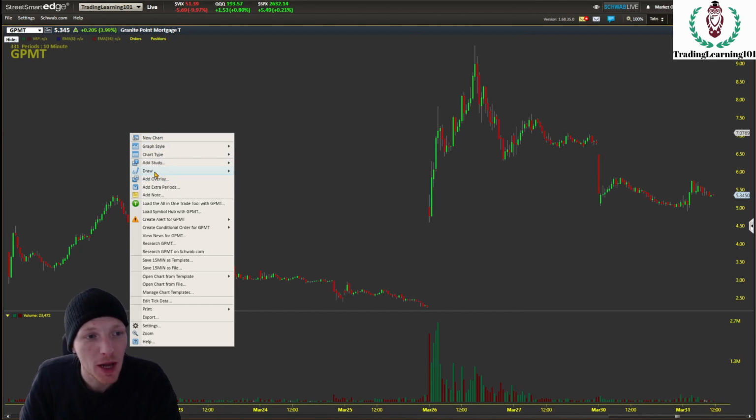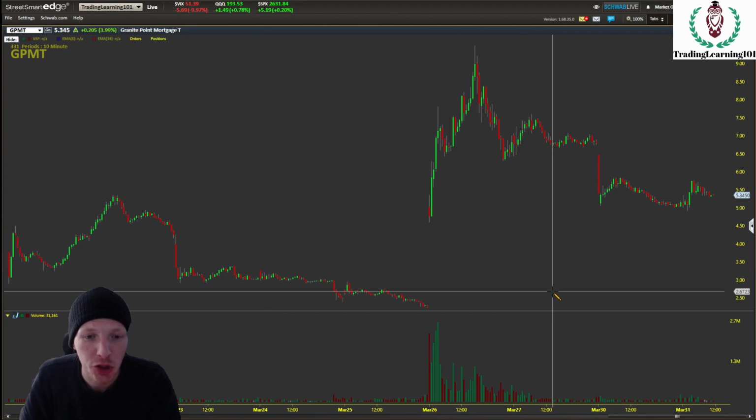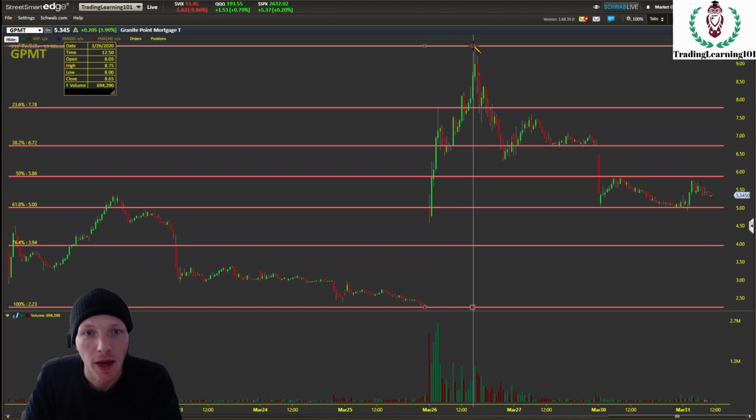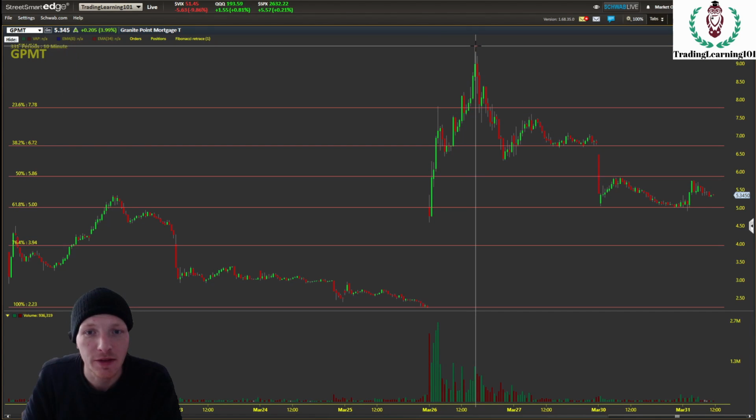We're going to get our Fibonacci retracement, and we're going to measure from the low right here all the way up to this high at around $9.50. I see immediately the stock did try bouncing at this first level. The 23.6 retracement had a little fast pop on it and then failed, held as resistance right there, dropped all